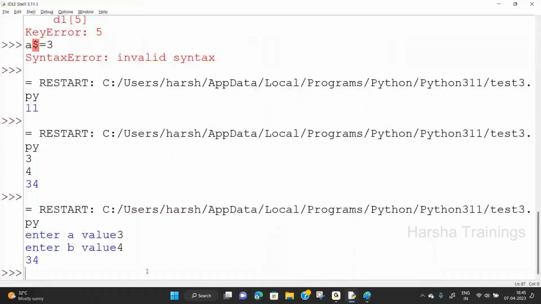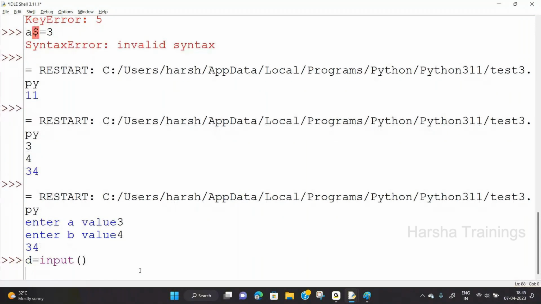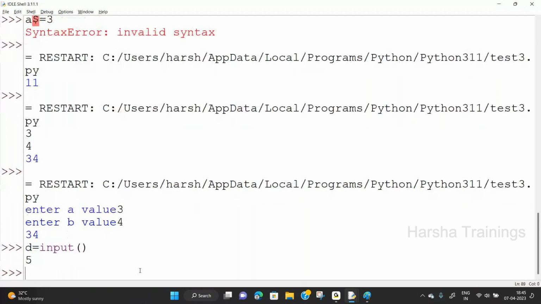Directly go to IDLE. Suppose d is equal to input(). Press enter. It asks for some value. Suppose I give some value, 5. Now type of d. Now what does d consist of? d consists of 5. Which data type? 5 is which data type? Integer data type. But remember, by